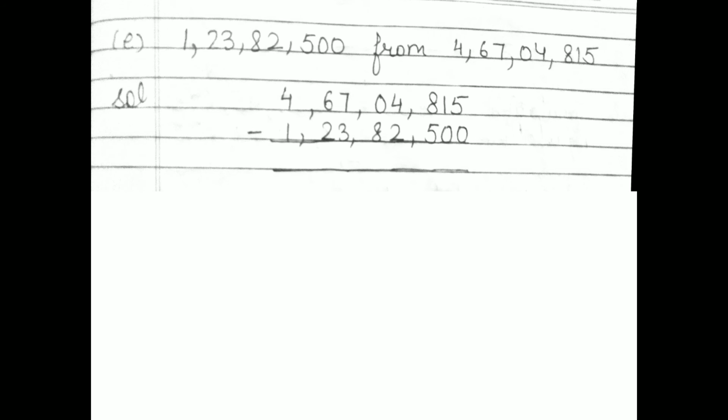Now we do E part. In E part, 5 minus 0, 5. 1 minus 0, 1. 8 minus 5, 3. 4 minus 2, 2. It becomes 10. 10 minus 8, 2. It becomes 6. 6 minus 3, 3. 6 minus 2, 4 and then 3. So your answer is